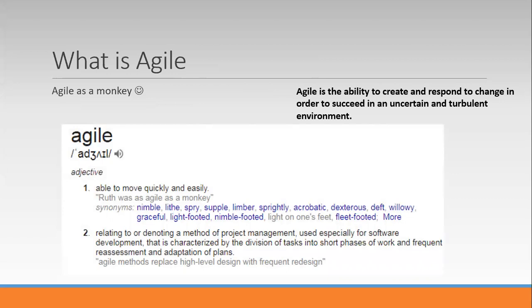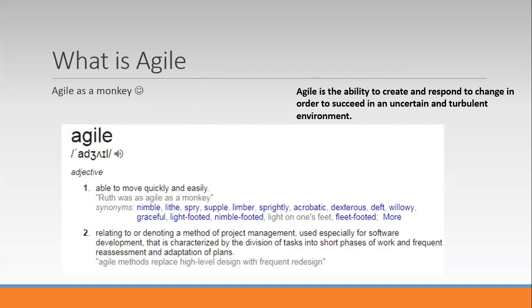So, what is Agile? If you go by the dictionary meaning, Agile is about being fast, about being nimble, the way a monkey is. But we are talking here about the IT industry. I am mainly focused on the IT industry, and Agile is not fully confined to IT. It now reaches much more broadly and widely. But here we will talk about the Agile Software Development Manifesto in this video.